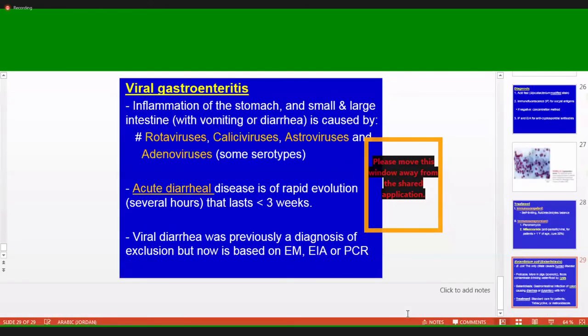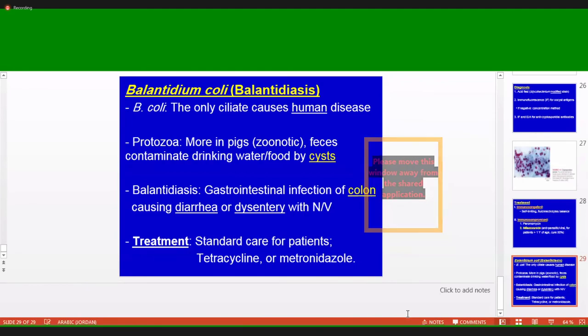Any question? دكتور البلانتيديوم كولاي ما بقدر أعتبره من الإشريشيا كولاي ولا لا؟ له علاقة مع الإشريشيا كولاي اللي أخذنا قبل يعني ولا لا؟ ذيك بكتيريا. والله بكتيريا، هذا باراسايت، هذا بروتوزوا. أريدك ترجعي على معلوماتك بالباراسايت. الباراسايت تقسم إلى بروتوزوا، إلى فلاجيليت، إلى آخره. فالباراسايت إشي والبكتيريا إشي. إشكريشيا كولاي ذيك بكتيريا. وراح نجي على باراسايت آخر اسمه انتميبا كولاي.